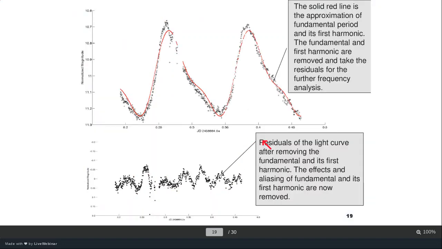So after all this analysis, I just move to this. This is another way of removing the harmonics. If you have the main period, you can determine it and remove it. Then you can look at the rest of the frequencies within the residual light curve, right? This process is very important, because otherwise you cannot determine the hidden, very weak frequencies within the light curve. So this analysis process is very important.